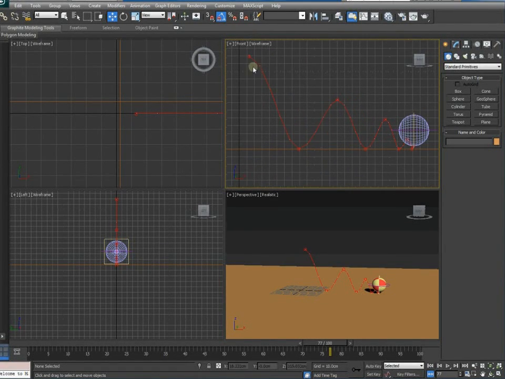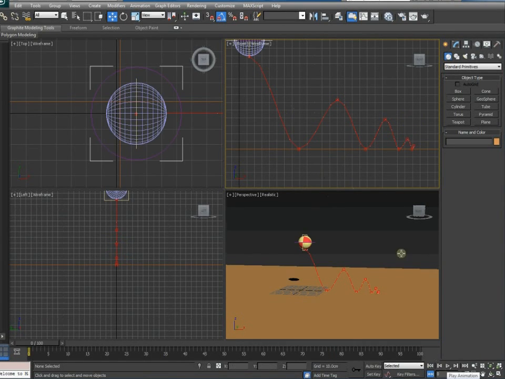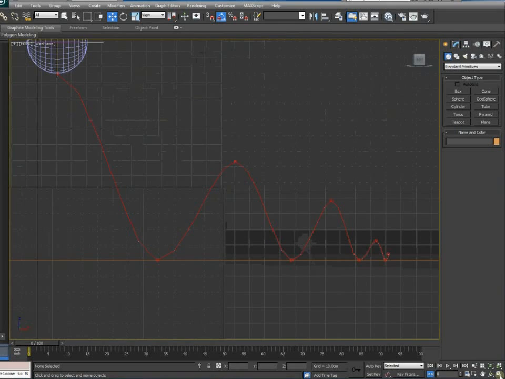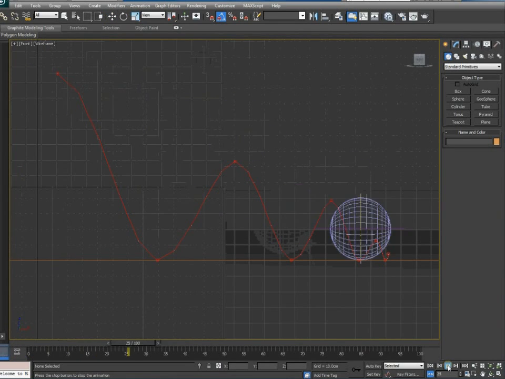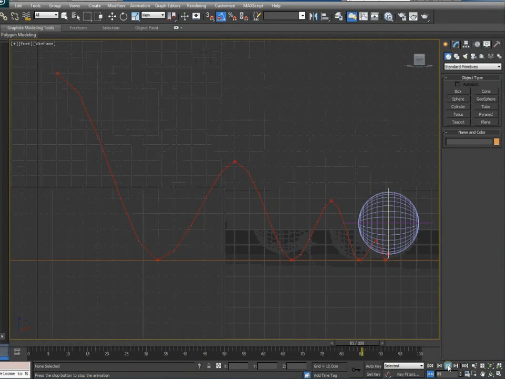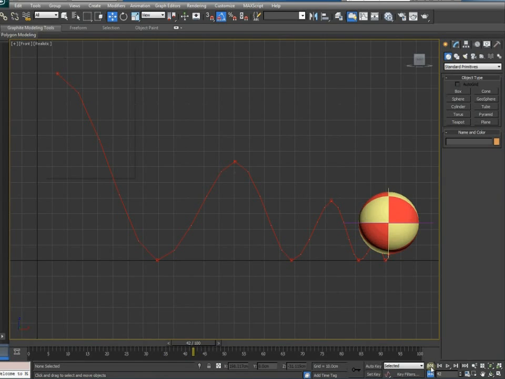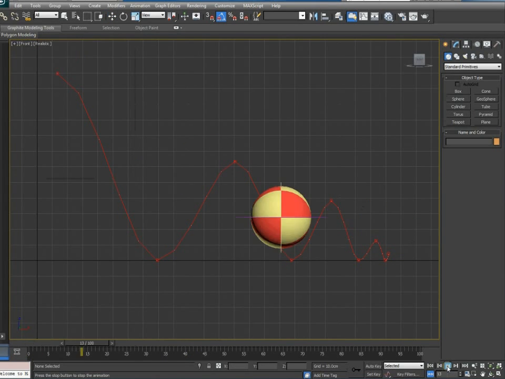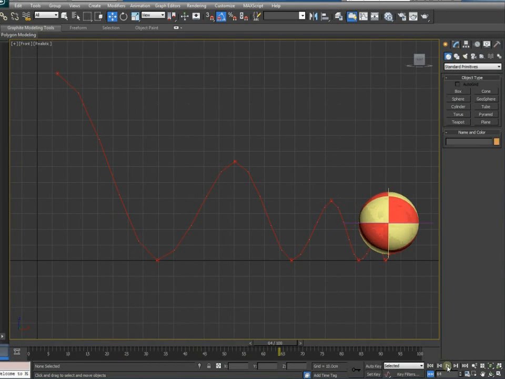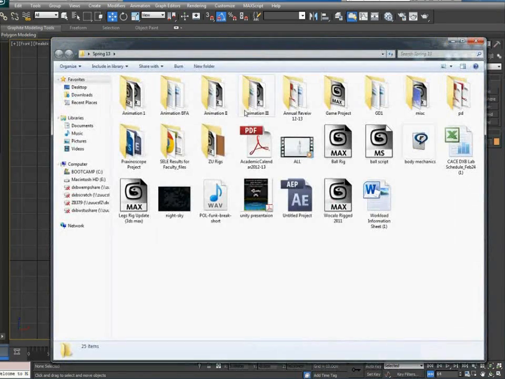The next step is to see how the ball is bouncing. So if you look here at the animation in the front view, you'll see that the ball does not really show any weight. So if I make it realistic, go back and play it. The ball doesn't show that weight, and even if you look at the curves